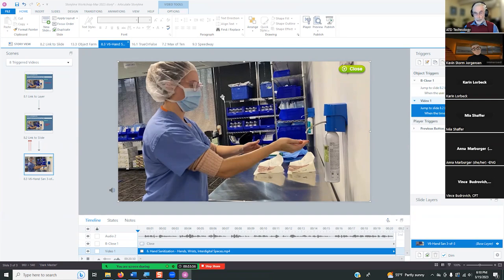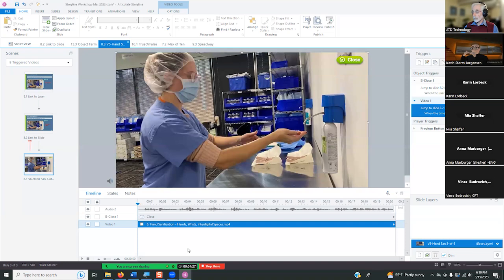Does anybody have any idea why the trigger for when the media ends didn't work? I was guessing that you had it selected. I didn't realize that you had the video and the audio as two separate tracks. Normally, I have video that has the audio in it. So I'm thinking, is it something to do with the video ending before the audio did, so when the media ended, which was the video, it jumped before the audio ended? No, they're both the same. You heard the end at the same time when I used the trigger for the end of the timeline.